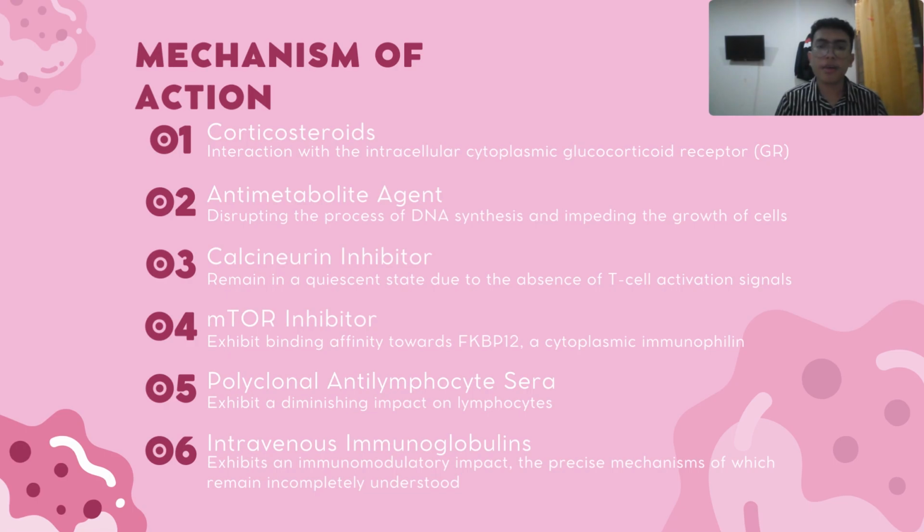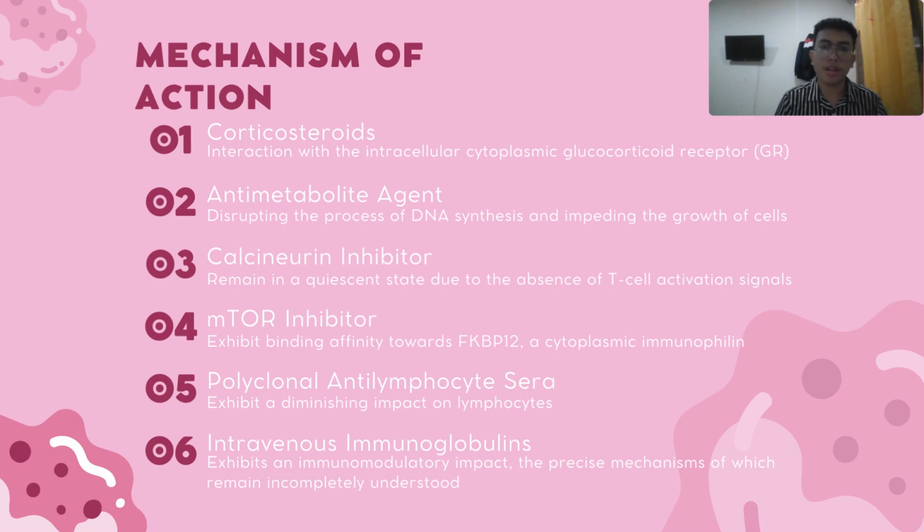I would like to explain about the mechanism of action of immunosuppressants. We have six common immunosuppressants. The first one is corticosteroids, with the mechanism of action being interaction with the intracellular cytoplasmic glucocorticoid receptor, or GR. The second one is antimetabolite agents, with the mechanism of action being disrupting the process of DNA synthesis and impeding